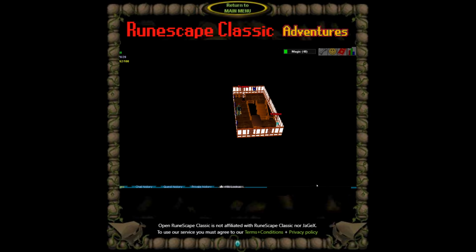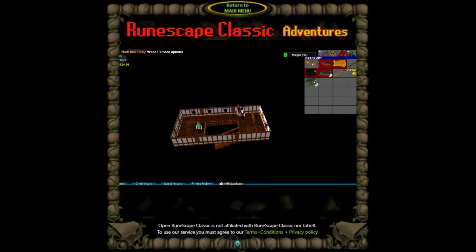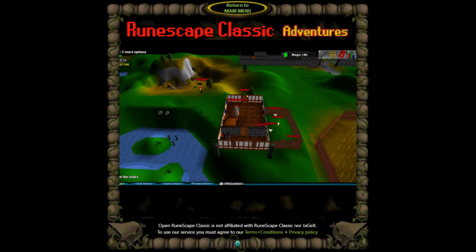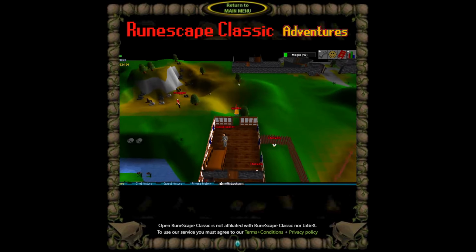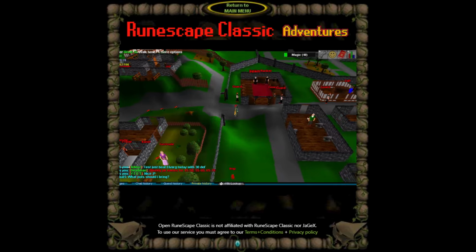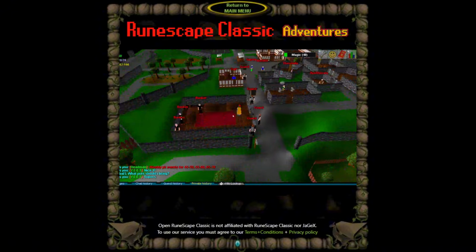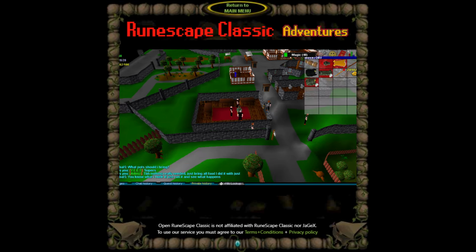Alright, I'm gonna have to fix my taskbar here. And we finally make the upgrade to the Adamant Platebody. Now, actually, I can't go grind for Rune anyway, so with good food, you know, we could rock kebabs. I'm just saying, it's completely possible to rock kebabs here. I don't know if I'd risk a whole bag of them just for kebabs, but, alright,